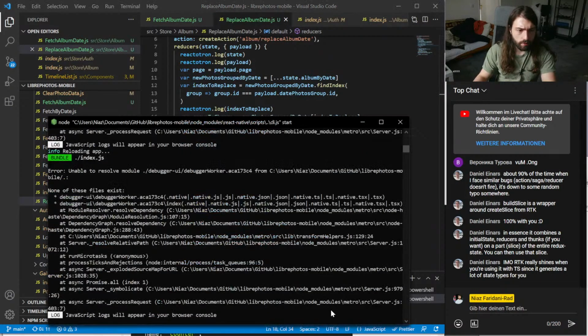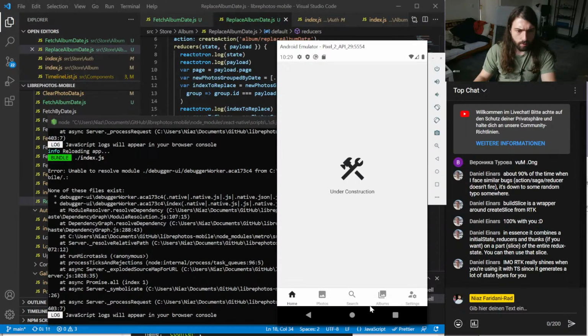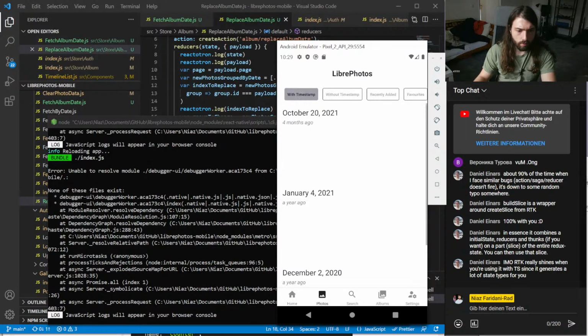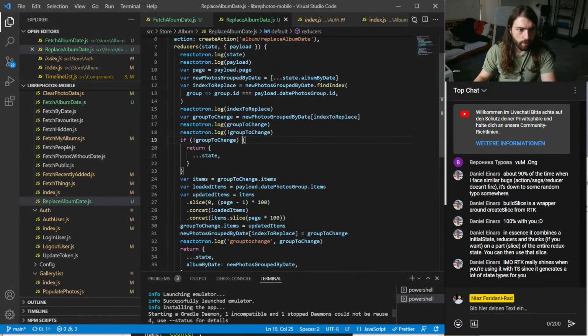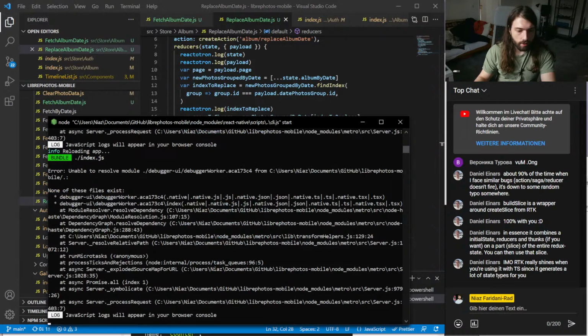All right. Yes, that's false. Okay, so then we are in here. And if we go down here, group to change, it doesn't find anything. What?